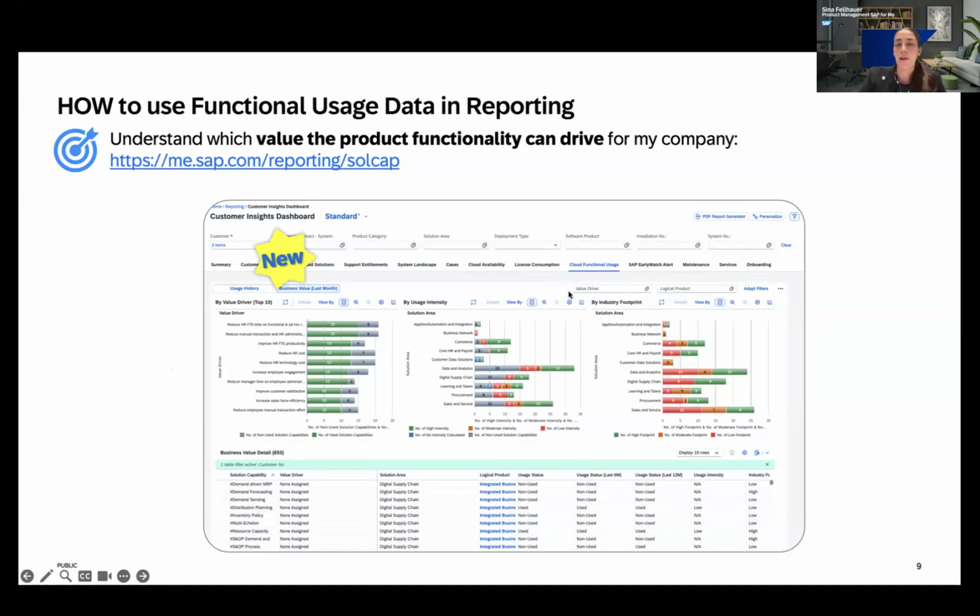What you can see here up top is a filter called value driver. So you can really filter down to one specific value driver. For example, let's say you want to look into reduce HR costs. You can go into this filter, filter down to the one value driver, reduce HR costs, and it shows you the solution capabilities that are mapped here, and it tells you whether you're already using them as a company or you're not yet using them. And then you can go from there to discuss this further.